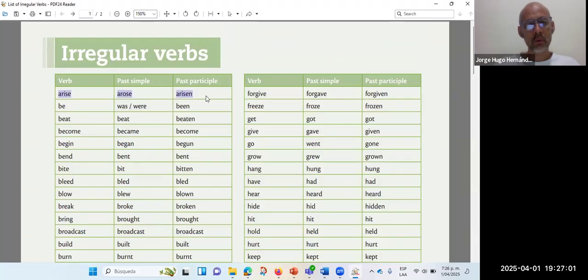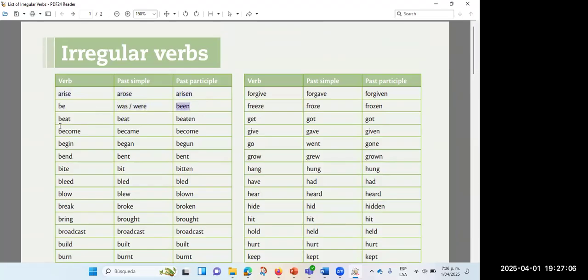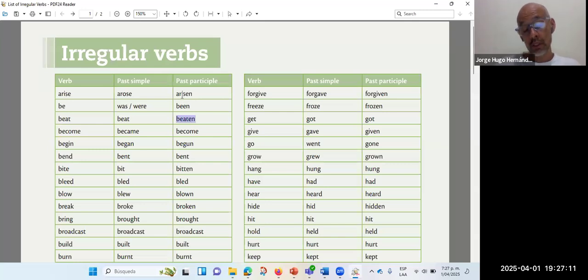Entonces empezaba uno, arise, arose, arisen. Be, was, were, been. Beat, beaten. Y así lo aprendía y lo evaluaban a uno de memoria, le decían, bueno, le doy el verbo bite, y nos lo daban en presente, y nosotros colocarlo en pasado y en pasado participio. Y así los aprendíamos, ¿no? De memoria. Hoy día no se enseña de esa manera, sino que tienen que empezar ustedes a utilizar los verbos, a verlos, y poco a poco se los van aprendiendo, ¿no? Pero en definitiva, sí toca, eso es memorístico, ¿no?